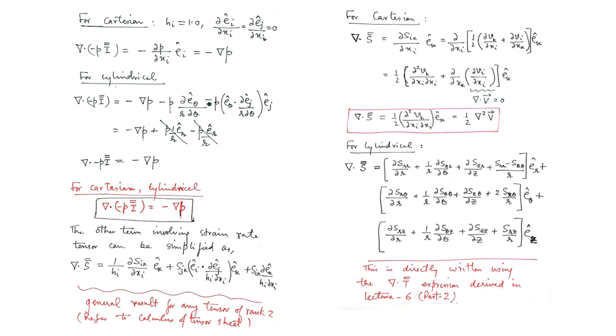You can go back and look at my earlier lectures on the strain rate tensor, where I have talked about these components in Cartesian as well as cylindrical. So time has come now to use all those things. So this is the value of Sik, and of course the partial derivative with respect to Xi is the operator which needs to be operated on this Sik, so it is written outside. And once this operator is operated on Sik, then the unit vector Ek cap is to be written.